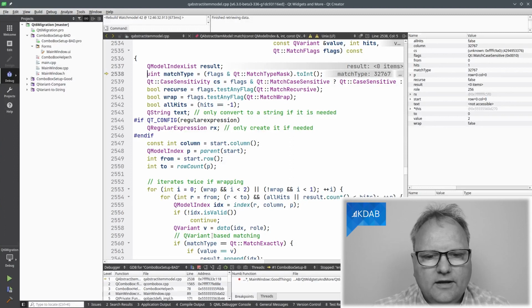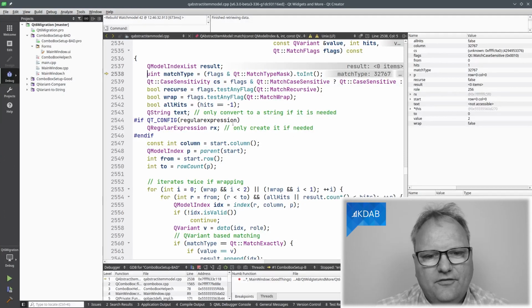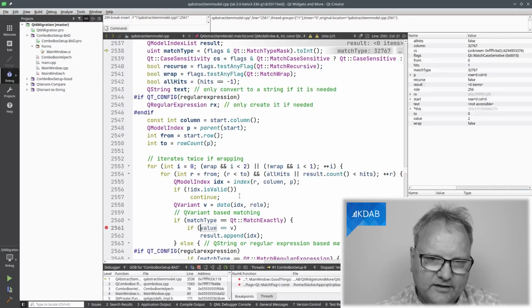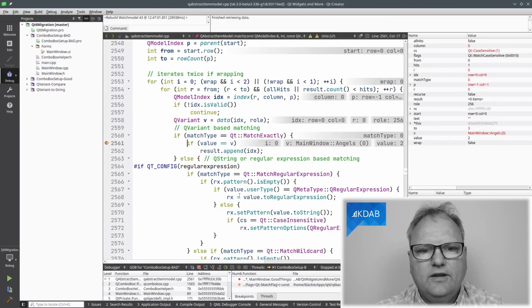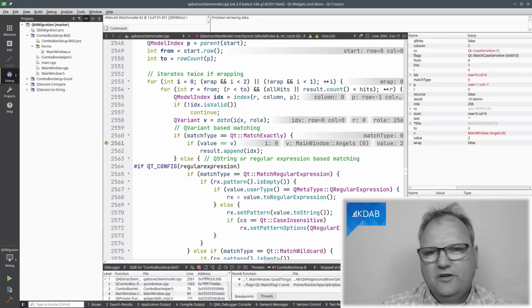Yep, I got that one now. I'm interested in where I compare the values. And of course, when I did this originally, I read this code thoroughly and got down to this line here, where I am looking for that particular value when I run through my element. So I set a breakpoint there. Let's run down there, and we can now see that I'm comparing the value, and the V is what I got for this particular index.